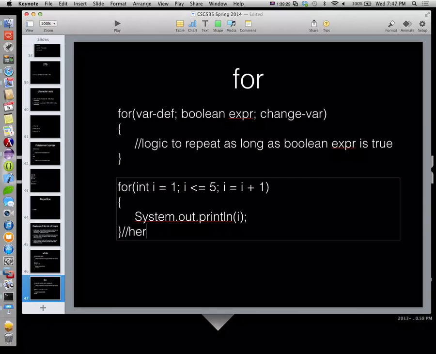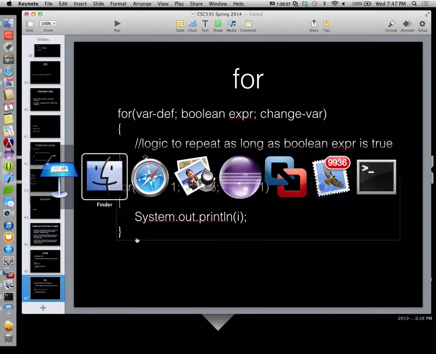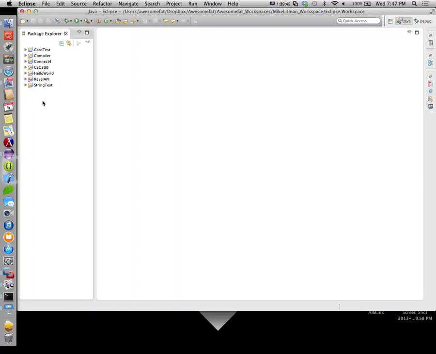Actually, let me show it to you now. Now is a pretty appropriate time for it. And then we'll come back and do the do while loop. Okay, so let's actually go and look at some code. I'll create a new